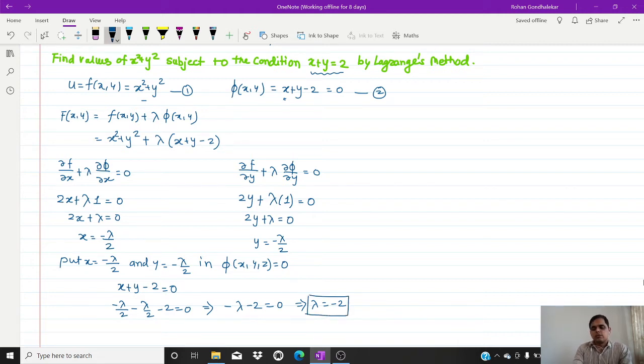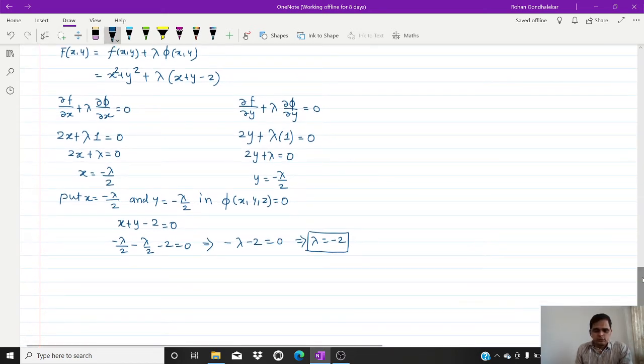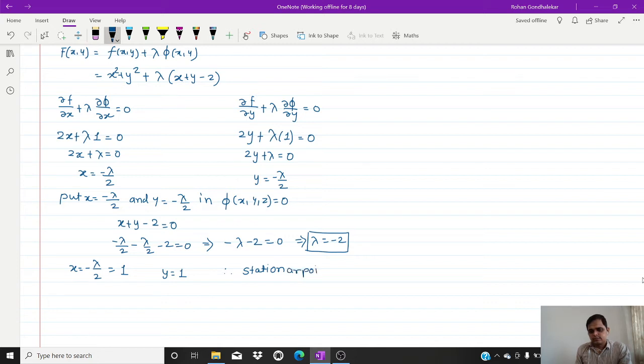As lambda is equal to minus 2, what am I getting now? See, x is equal to minus lambda upon 2, which gives me 1, and y is also 1. Is it? So we have only one stationary point. Therefore, the stationary point is (1, 1). Fine. Now f of x, y is equal to x square plus y square, hence the functional value will be